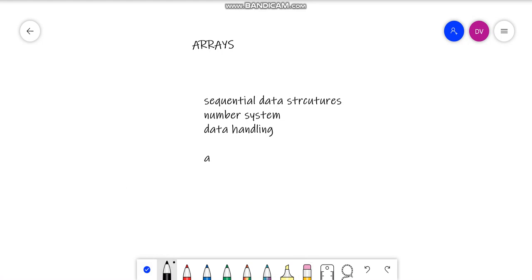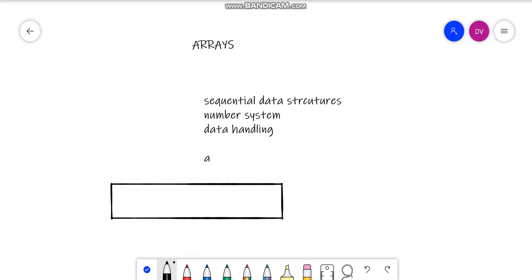Suppose there is a block of memory, and it is divided on the basis of how many bytes a particular type takes in.